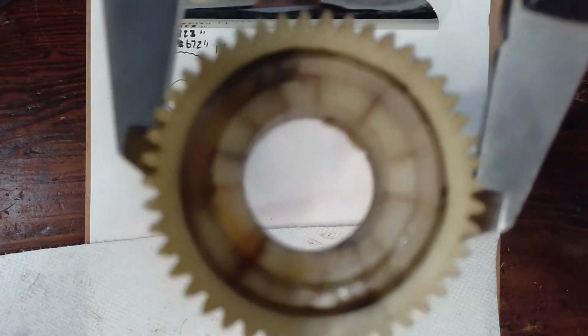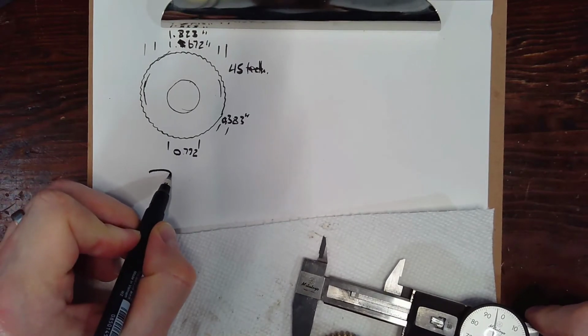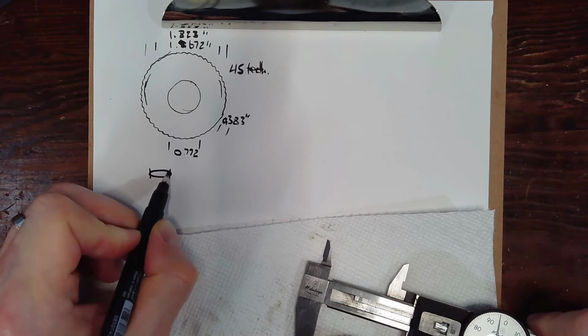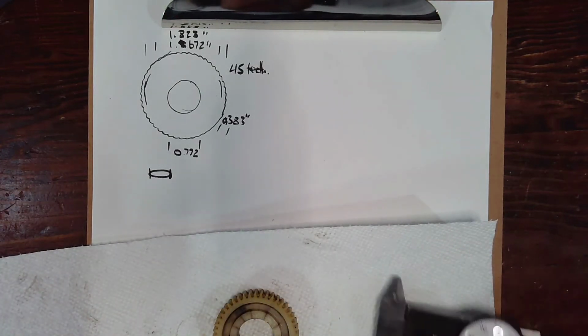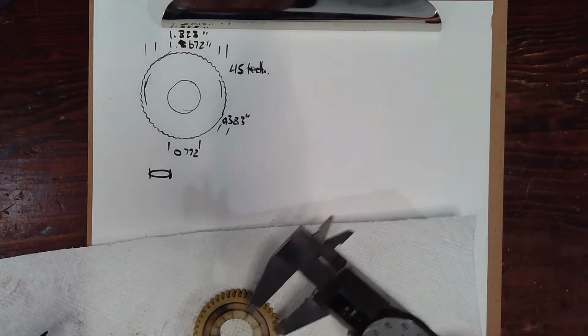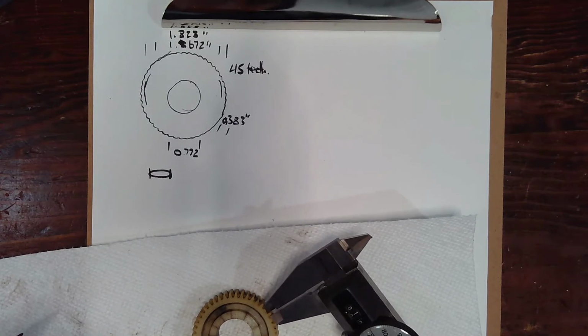It's not quite so simple, but when I look at it, I kind of see this shape, maybe with blunted ends a little bit. Since I'm going to draw this in CAD, I'm going to try and get it close. You could also try and come in here and measure a tooth,